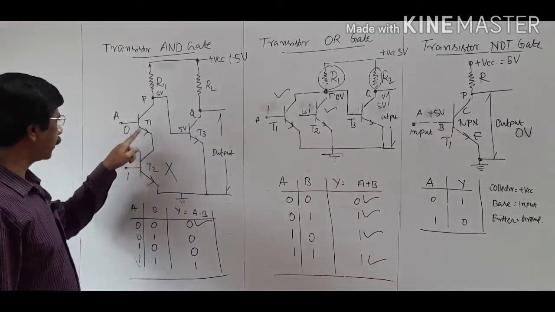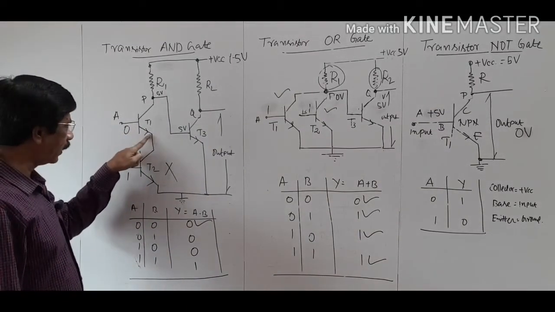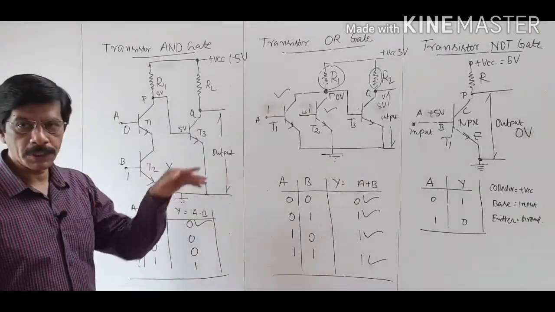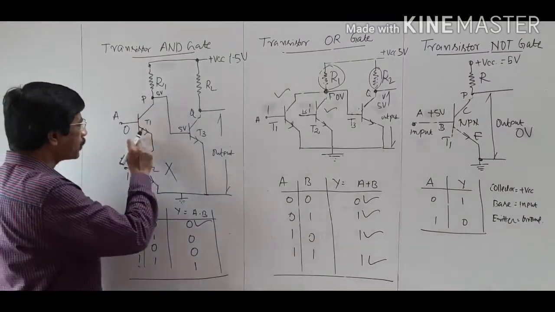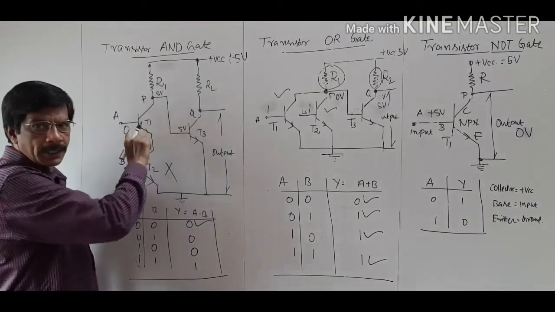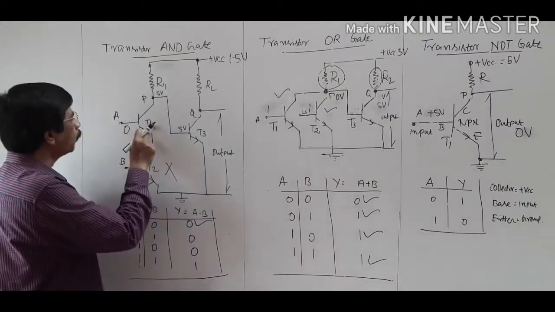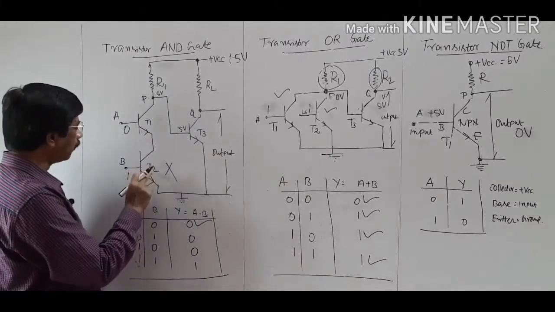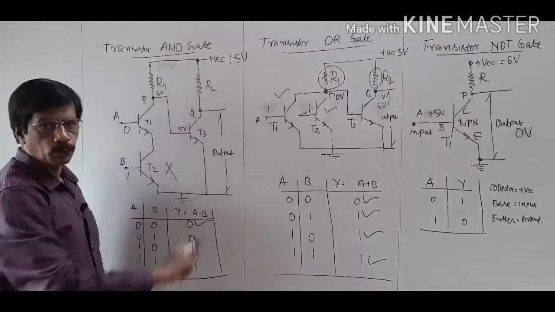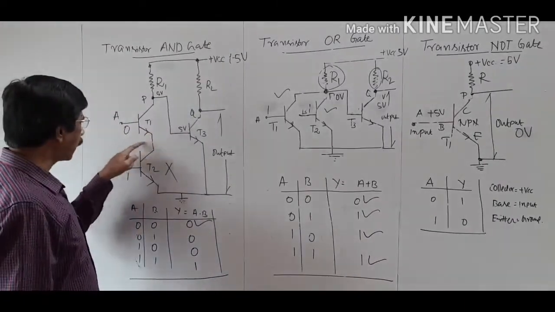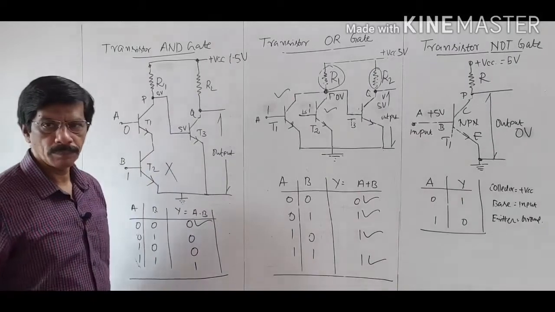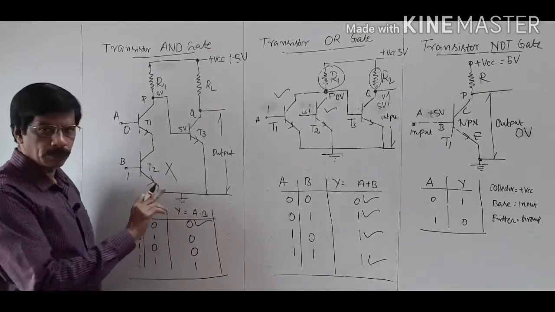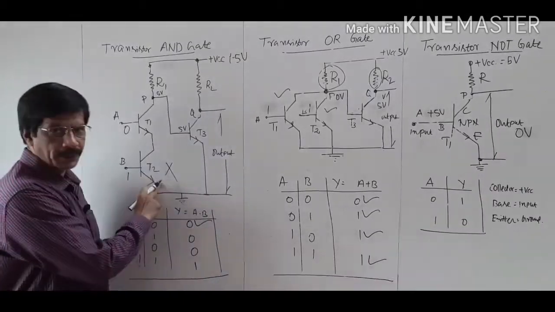For transistor T1, the input is 0, definitely this is off condition. Off means open state, on means closed state. Because of open state, it is acting as an open switch. When the transistor T1 is in off condition, it acts as an open circuit. The collector of T2 cannot be connected to plus 5 volt since the transistor is acting as an open, the link is broken. Even though the input is present here, the T2 never switches on, again this is the off condition.